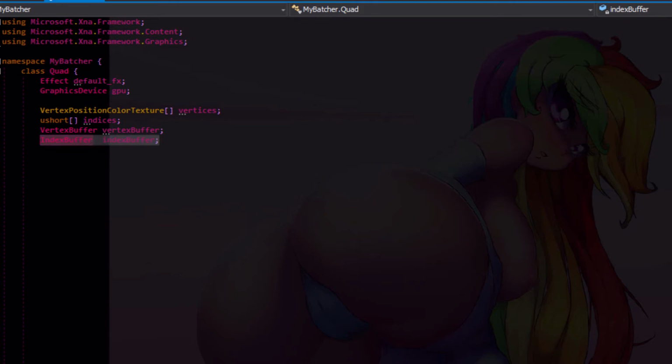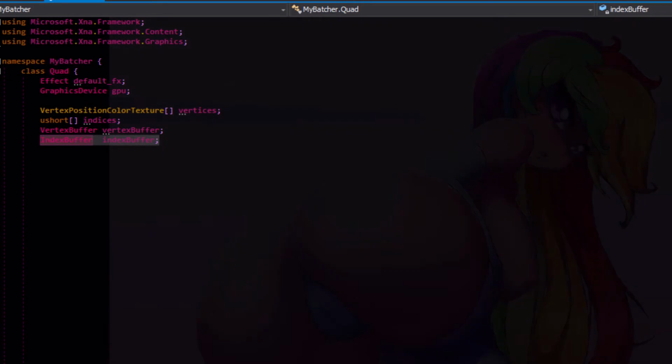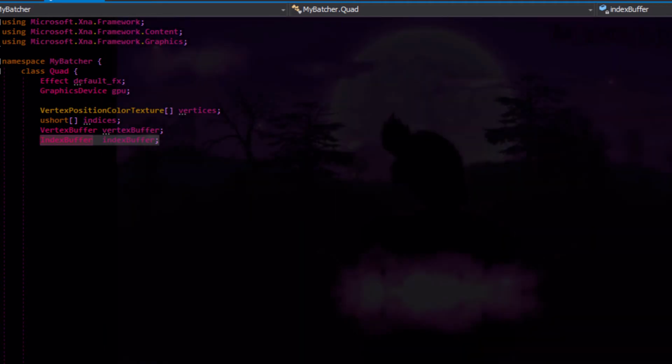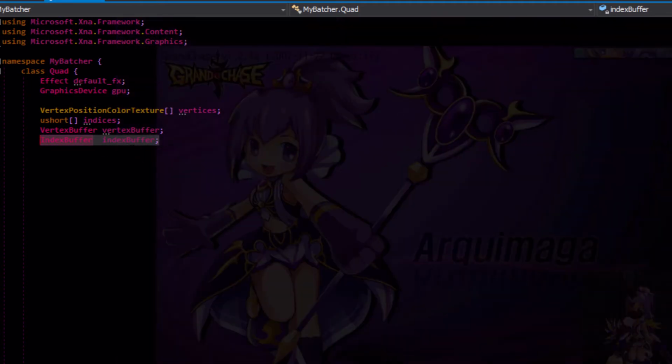So the index buffer just controls the vertex order for drawing, and we can tell the graphics card to draw however many triangles we want. So if we want to specify 2 quads, we tell it to draw 4 triangles. And the index buffer will already be set up, so we'll just give it the span of what we want